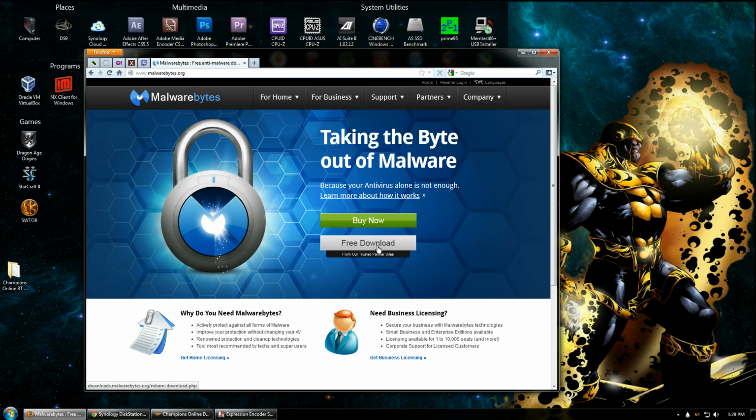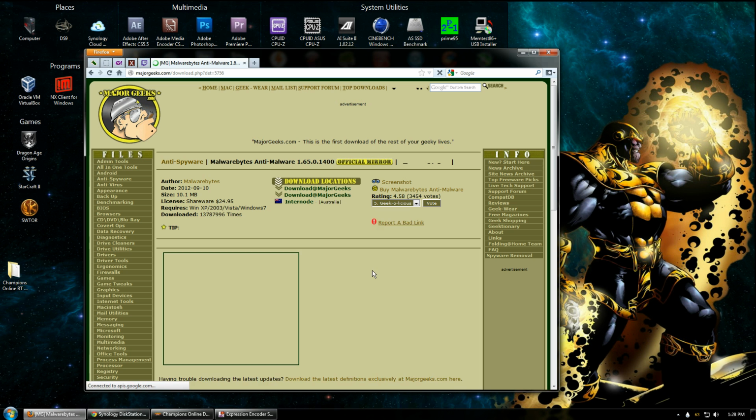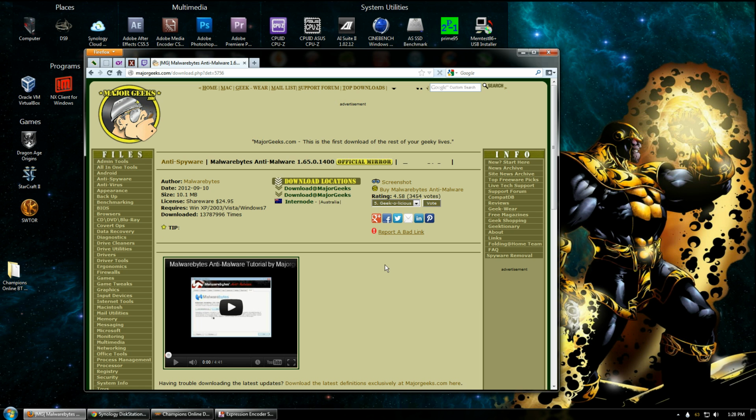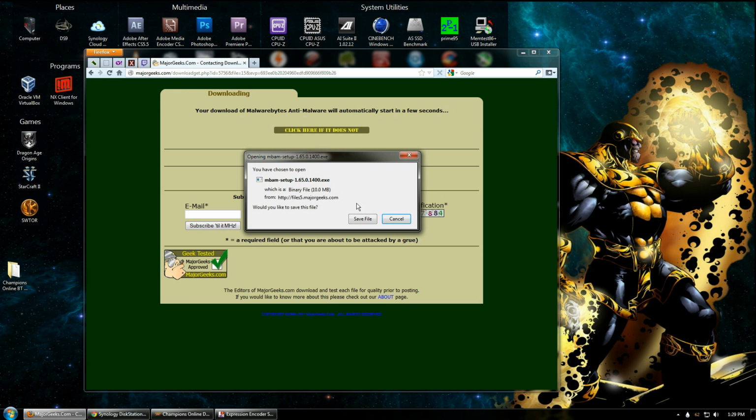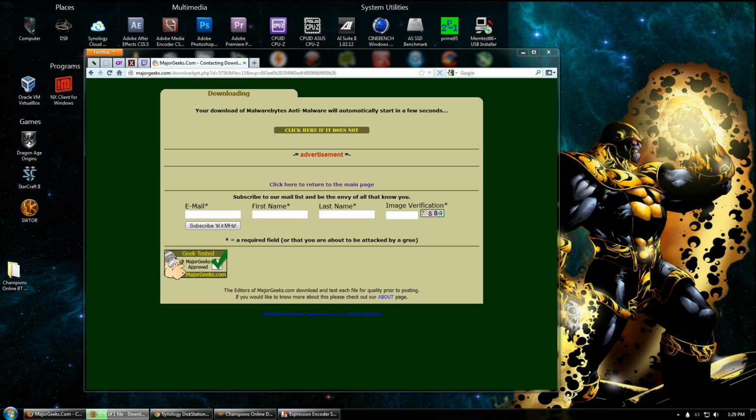To get it, you just click the free download, and it'll take you to one of the partner sites. In this case, it took me to Major Geeks. It might take you to a place like download.com, one of the CNET sites, 2Cows. Don't worry if it doesn't look like this. This should be okay. You just download it. Let's save it,